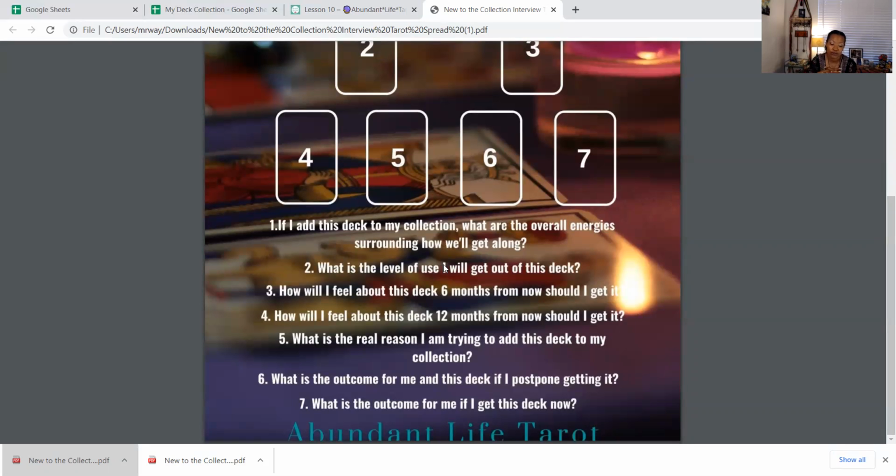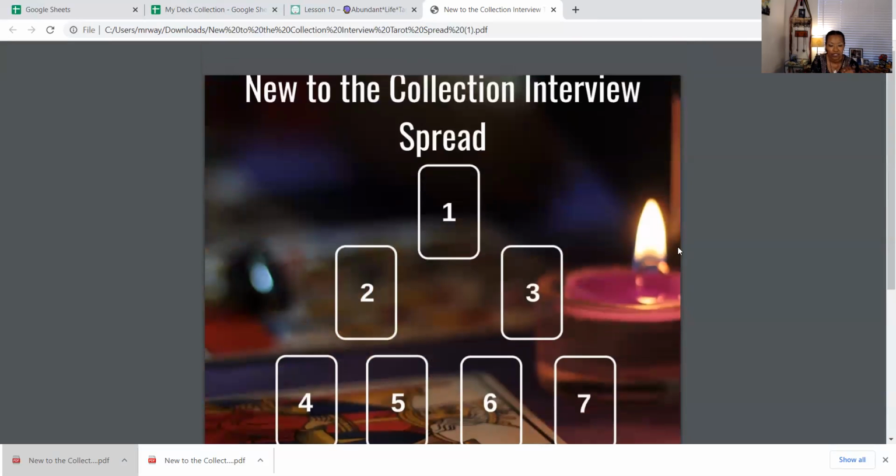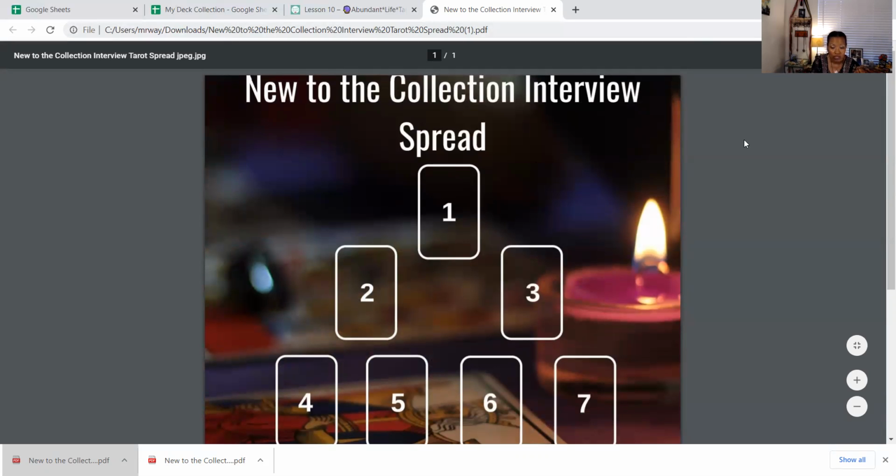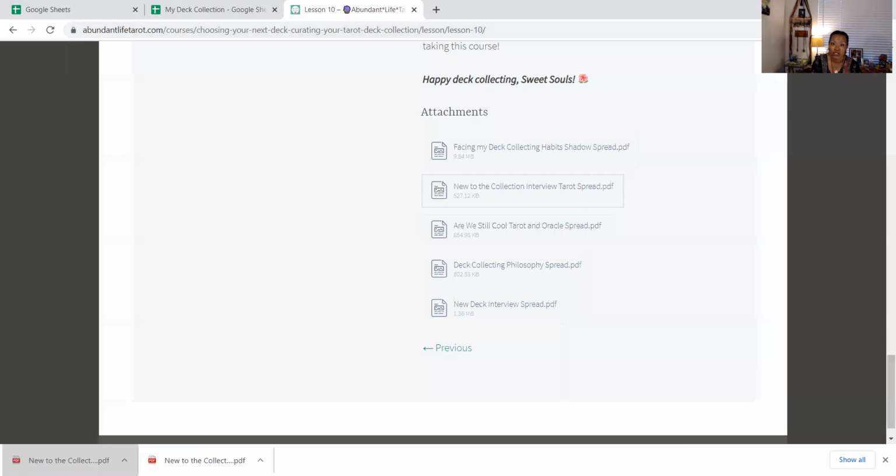What is the outcome for me and this deck if I postpone getting it? What is the outcome for me if I get this deck now? So that is a useful spread to use when you're trying to ponder whether or not you're going to add a new deck to your collection.